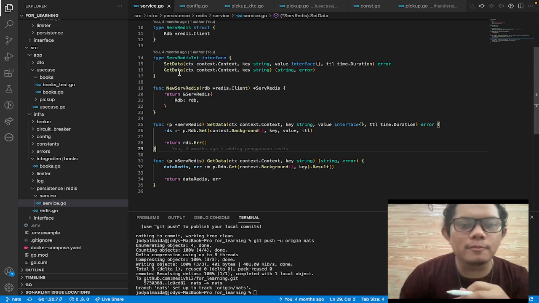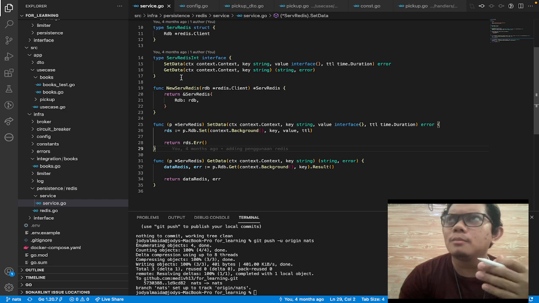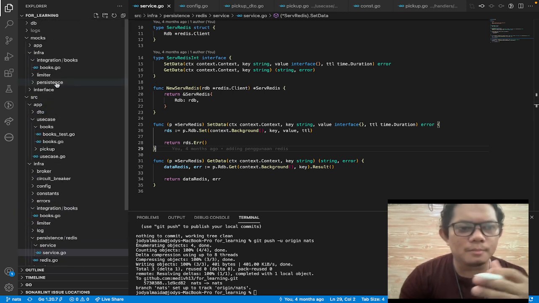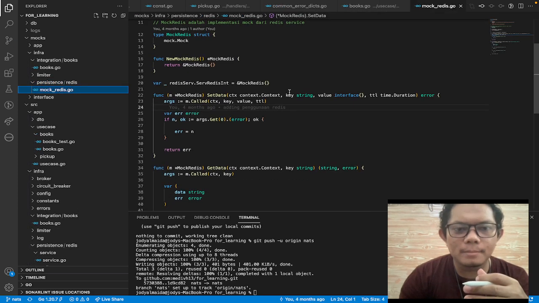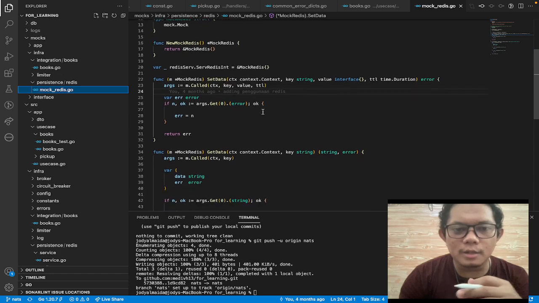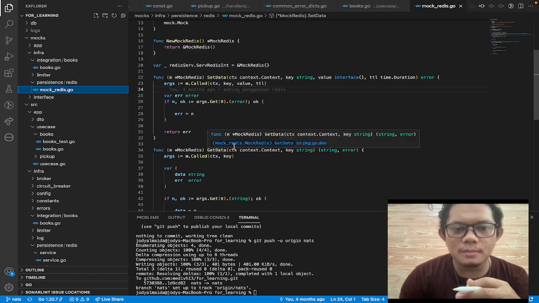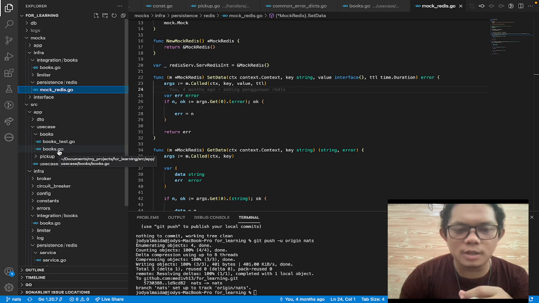And like I said before, with the interface it will make it easier when we make the mockup like this. This is the mockup for the Redis layer, set data, get data. Now, after that, we will go back to the books use case.